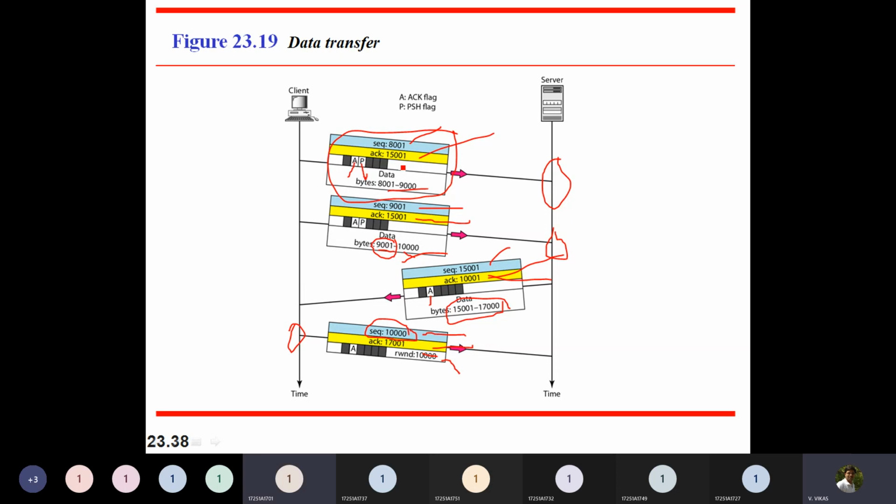When there is data, we give a new sequence number. Do we have any data here? No, sir. Then why are we keeping sequence number 10,000?